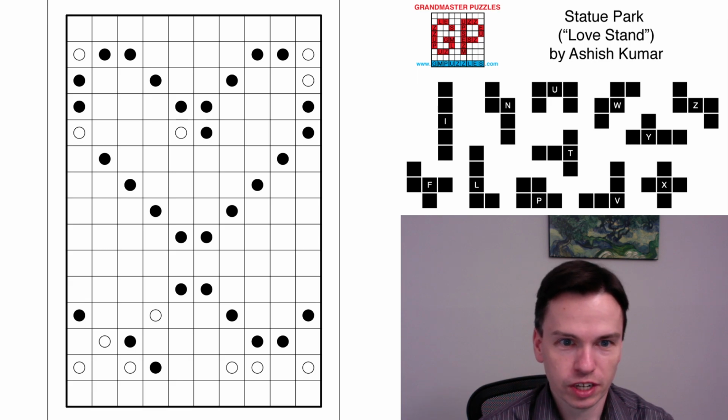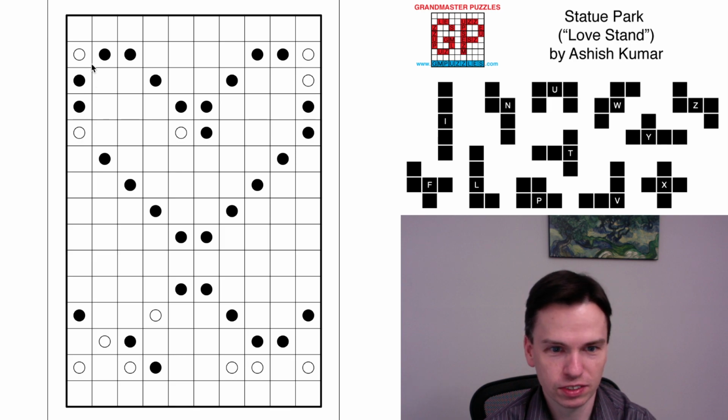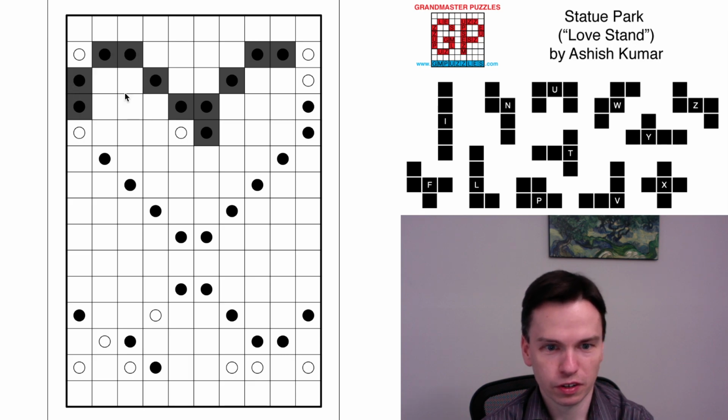So we're here to solve the Statue Park puzzle by Ashish Kumar. Its theme is love stand. You can see this large heart at the top. And hopefully one of the first things you noticed was that there are some pretty long extended black walls, that